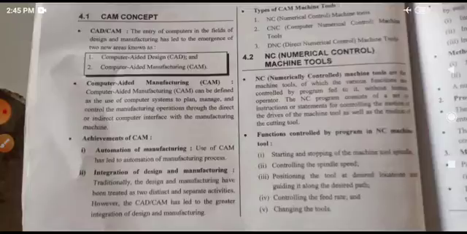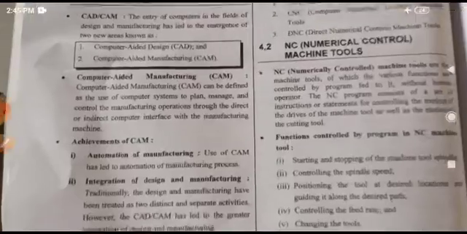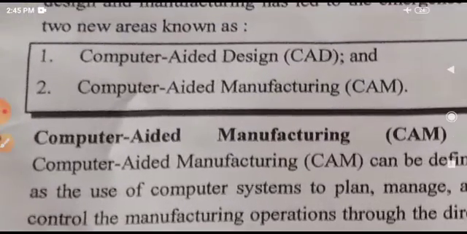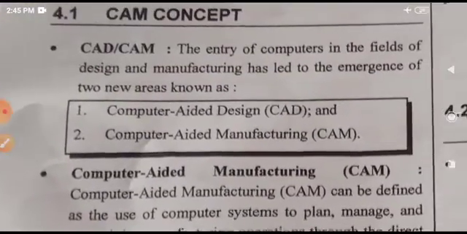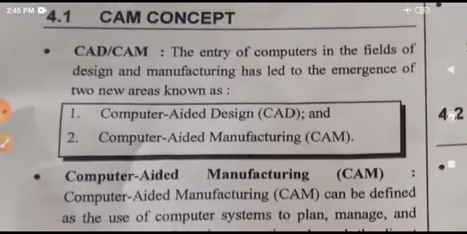All these things we are going to study in this particular unit. So let's start with our first topic, fundamentals of computer aided manufacturing, that is CAM.